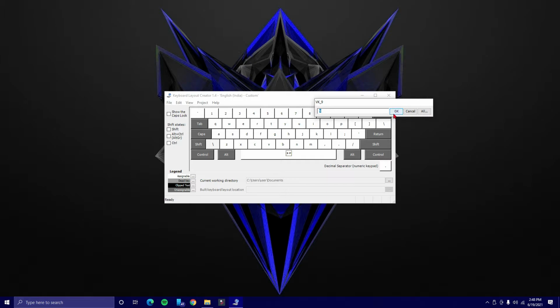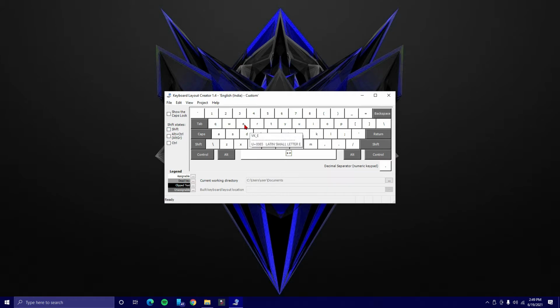In my case, in programming, I need to use the shift key every time I need to open parentheses. So here I'm replacing it. I will also replace the underscore because I use it more than a hyphen. So now if I use the 9 and 0 keys without using the shift, I get the parentheses. When I click on the shift box, you can see it is still parentheses. So I will replace it with the numbers. You can see that when I'm not using shift, it acts as the brackets, but when I do, they are numbers.